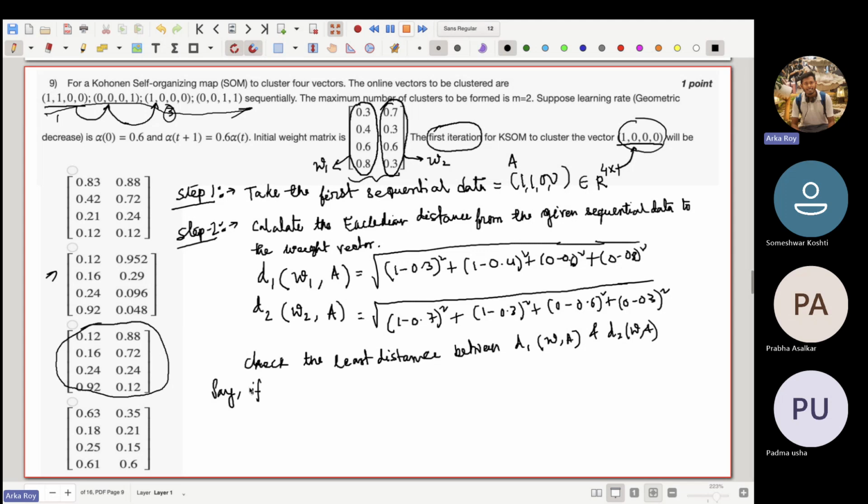Let me write, if D2(W2, A), sorry, over here 1 and 2. I might mess up the notations, but the idea should be clear that, say, if D2(W2, A) is less than D1(W1, A),